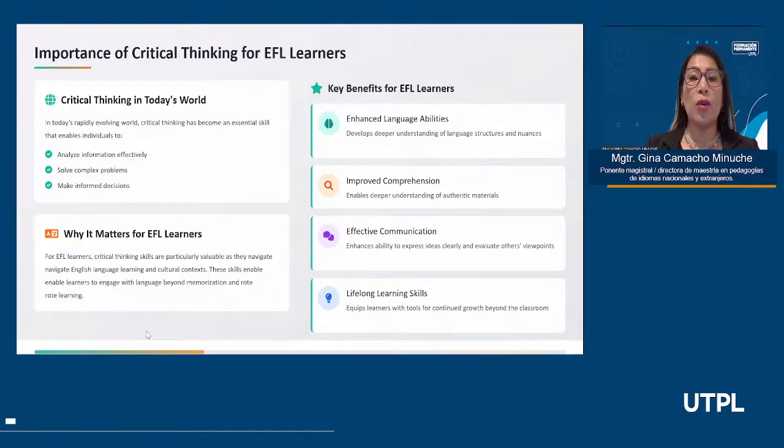Every time you require your students to read something, they are going to be in contact with other people's culture as well. So you have to take advantage of this opportunity to encourage them to go a little bit beyond. And having the opportunity to know about other cultures is going to enrich their learning.